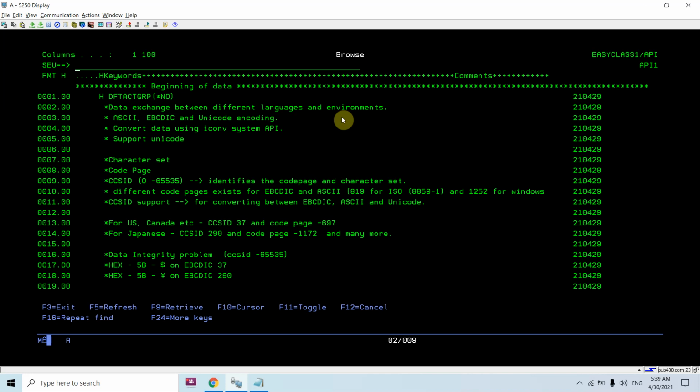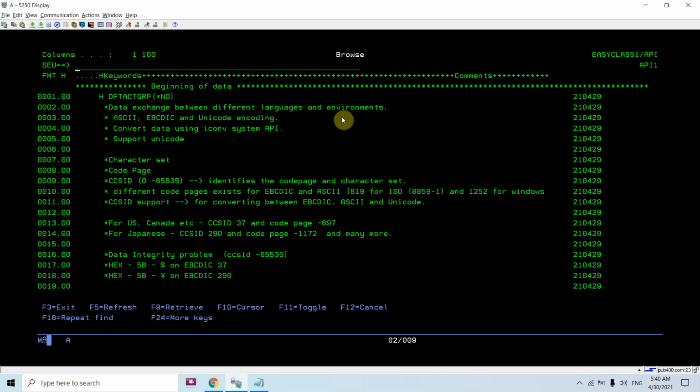For example, one is on an English machine and another is on a Chinese, Japanese, or French machine. The data which is transferred from one machine must be consistent on the other machine too.